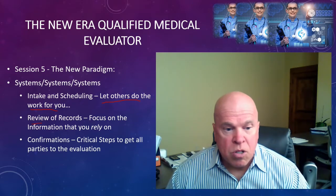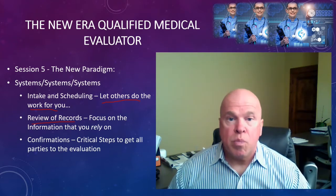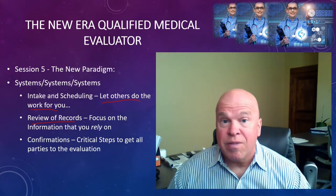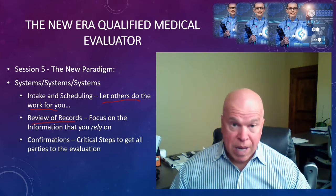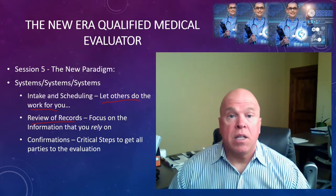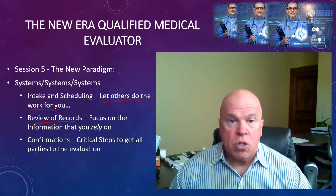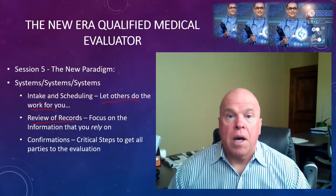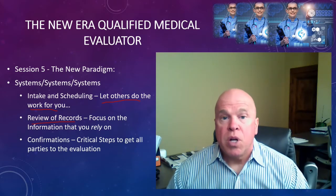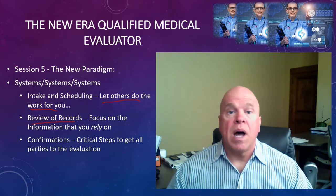We then talked about some systems for quickly and efficiently handling the review of records, because under the new paradigm and in the new era, review of records is no longer going to be a complexity factor, reimbursable based on time as it currently is. So in the new era and in the new paradigm, we have to quickly and efficiently provide the parties with a review of records to demonstrate that we did consider all of the medical and non-medical information that was presented to us. But in the new era, we want to limit our extensive presentation within the body of our report